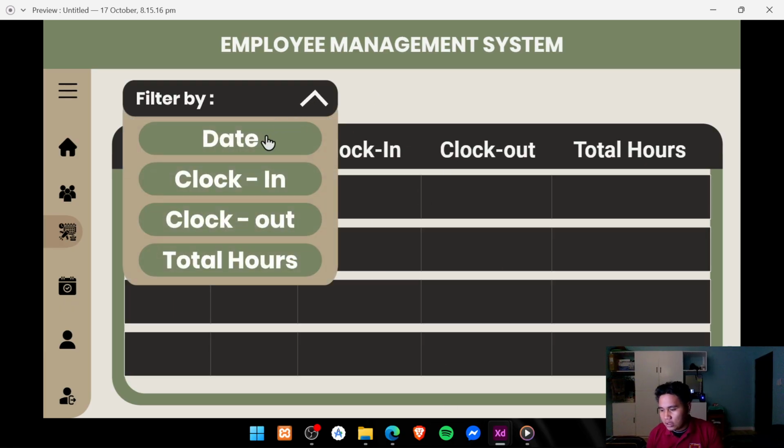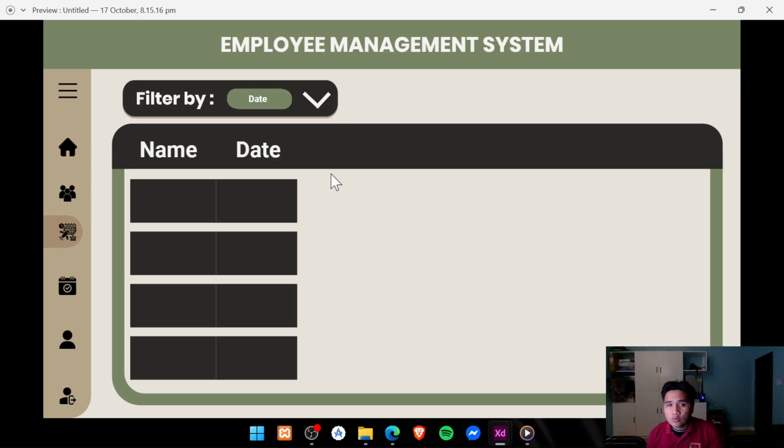If you click the date, it will filter the date with the name of the employee. If only the date is shown, it's not good and it's confusing since you only see the date.